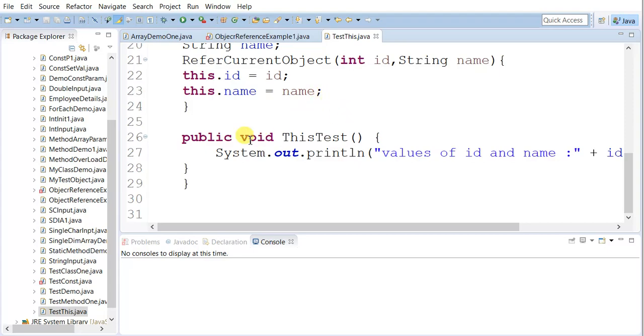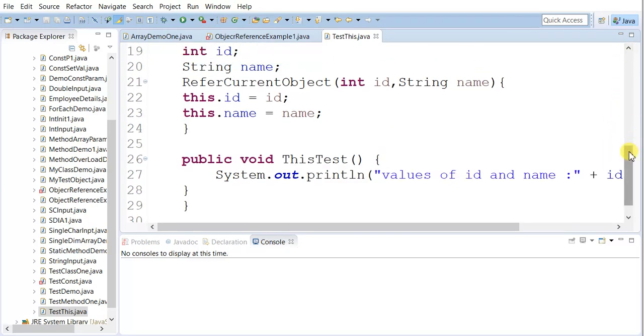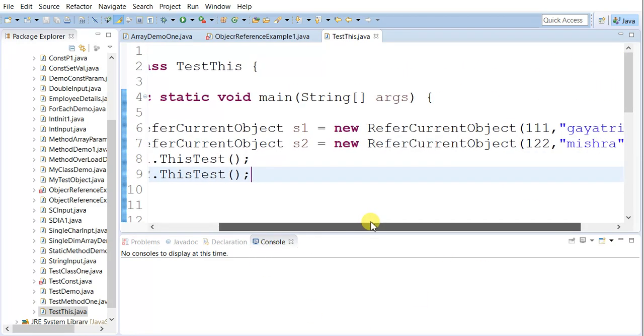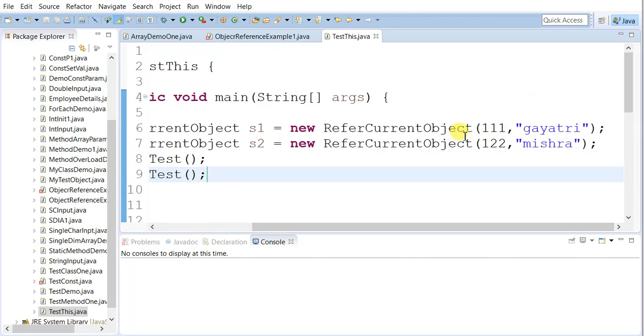So what is the job of the method? Just to print the id and name. For passing the id and name values, we need to instantiate the class. While instantiating, we can pass the values as it is. Here you can see the first set of values, one integer and one name, and the second set of values, one integer and one name.